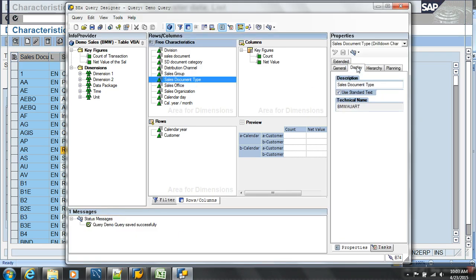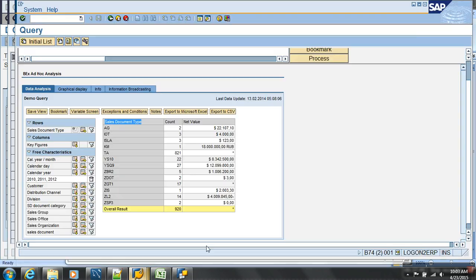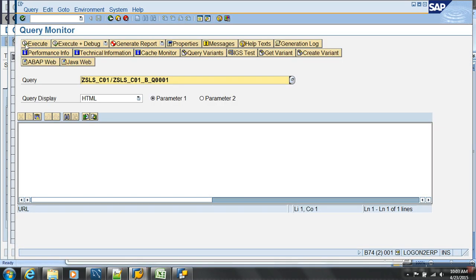Display, don't show me the key. If I say key, or if I say text, show me text. Or I can say key and text both also. But business would understand what? Text. Save. Now if I go to my report and rerun this report again,